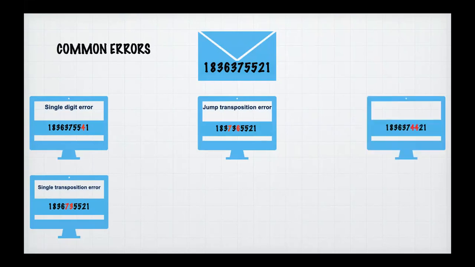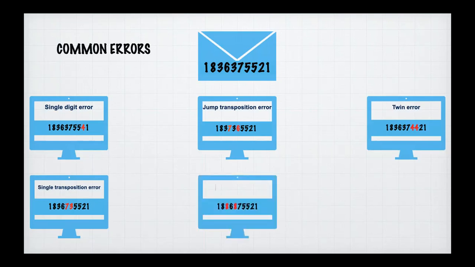The next one is the twin error. For example, the repeated number 55 has been typed as 44, just the number adjacent to it. So while typing, this error could happen. And the next is called the jump twin error, where 363, if you see in that series, might have been mistaken to be 8, and instead you may have typed 868. Okay, so these are the common errors.